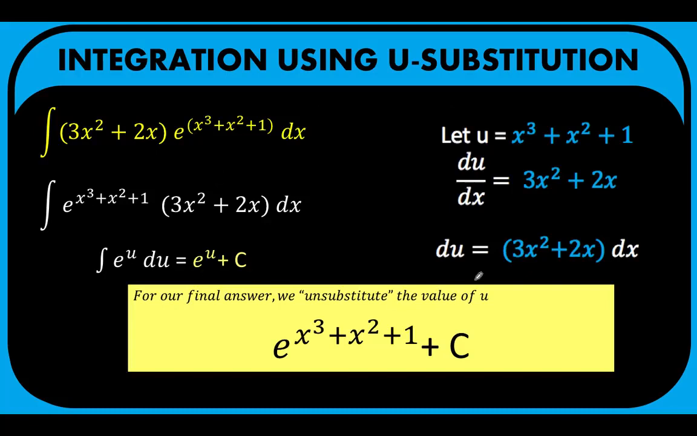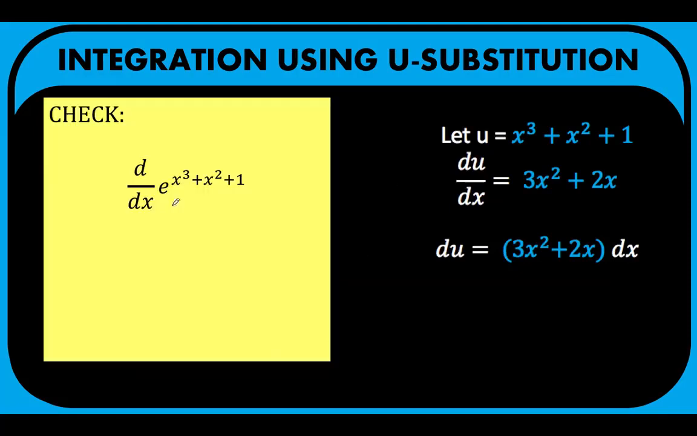Here is now a clearer presentation of our answer. Now, how do we know if our answer is correct? Remember that differentiation and anti-differentiation are opposite operations. So one reverses the effect of the other. So that if we get the derivative of e raised to x cubed plus x squared plus 1, which was our answer in the previous slide, notice that e raised to x cubed plus x squared plus 1 is a